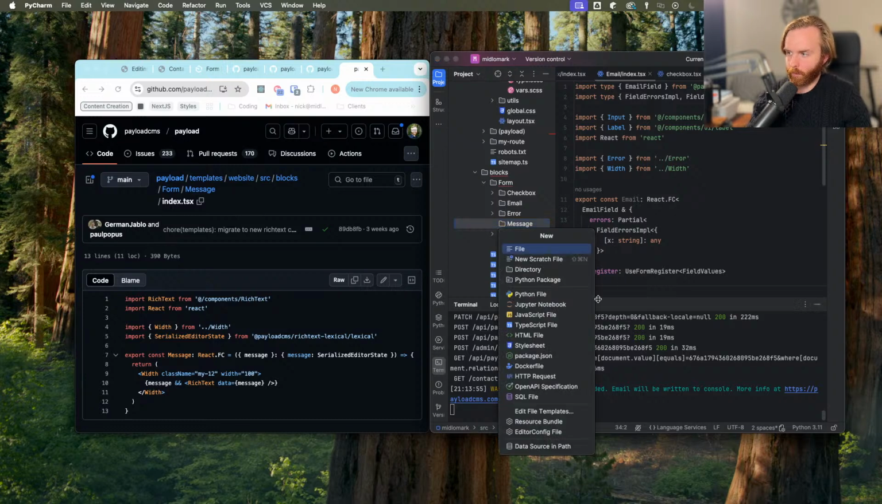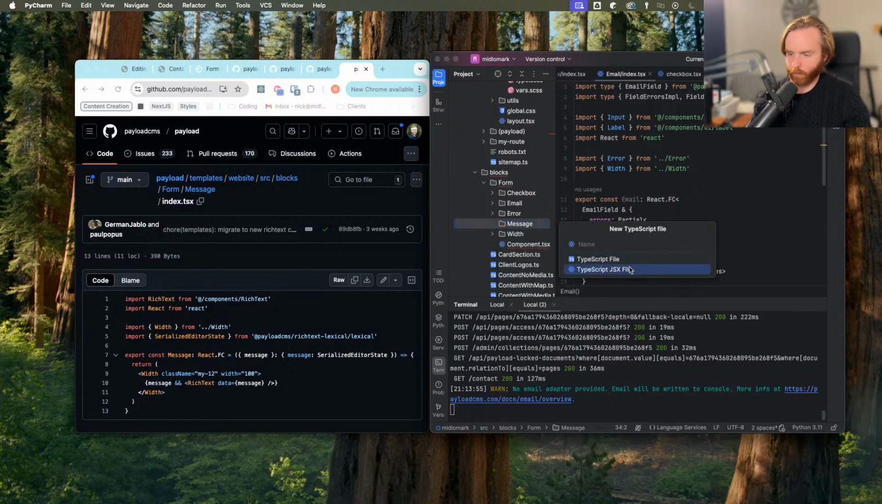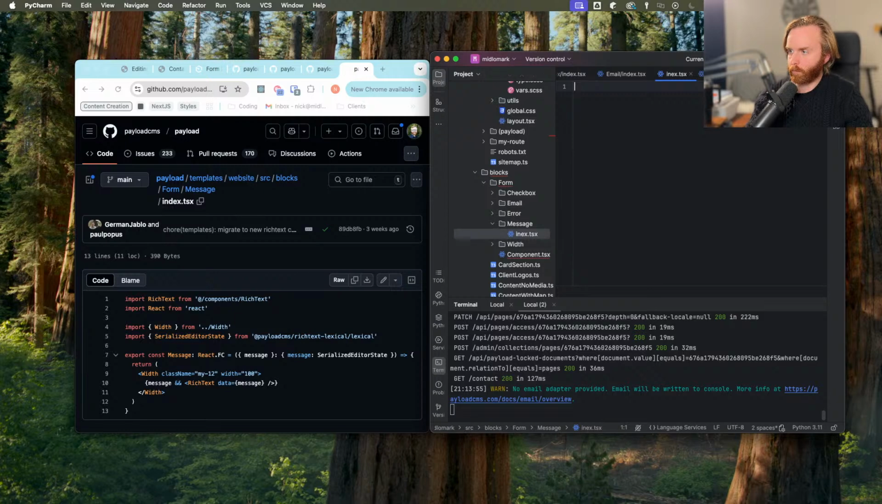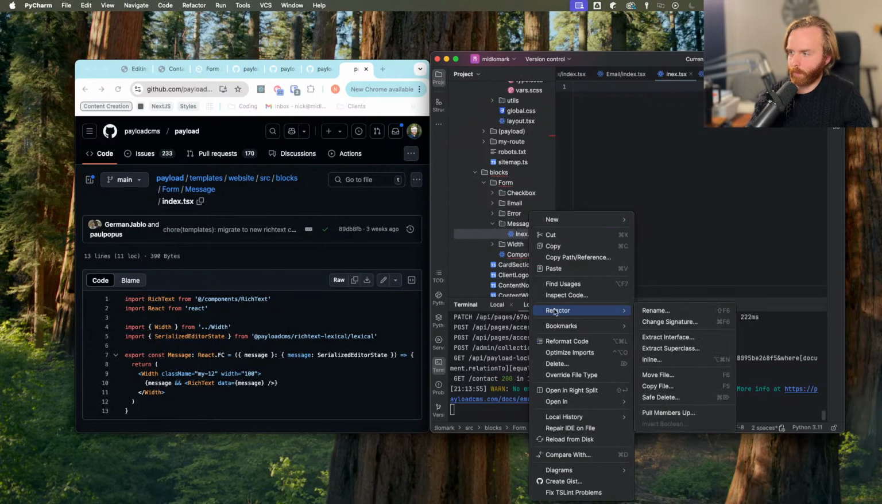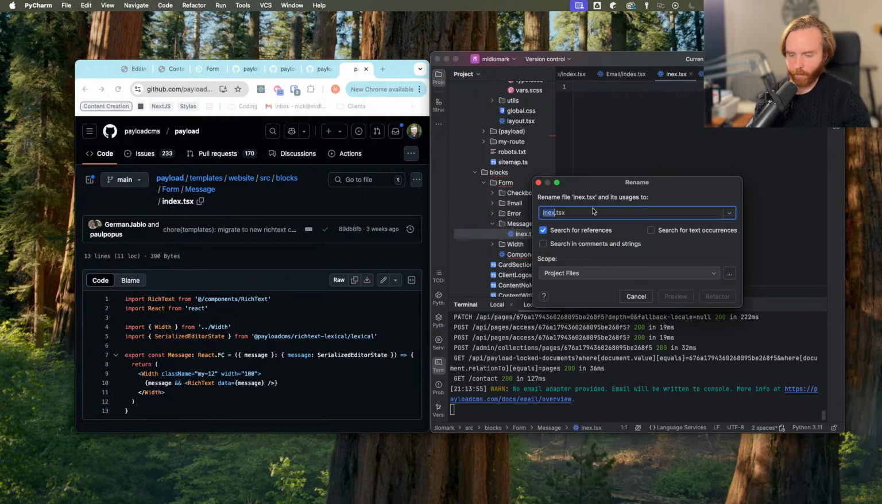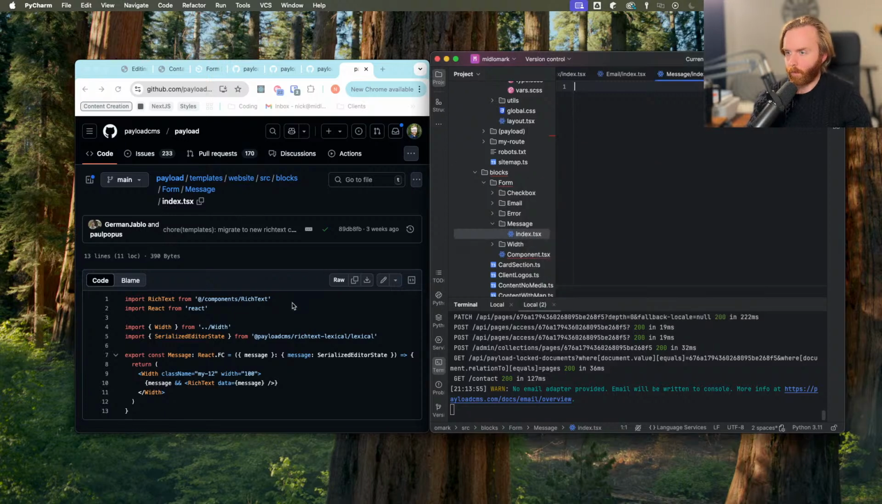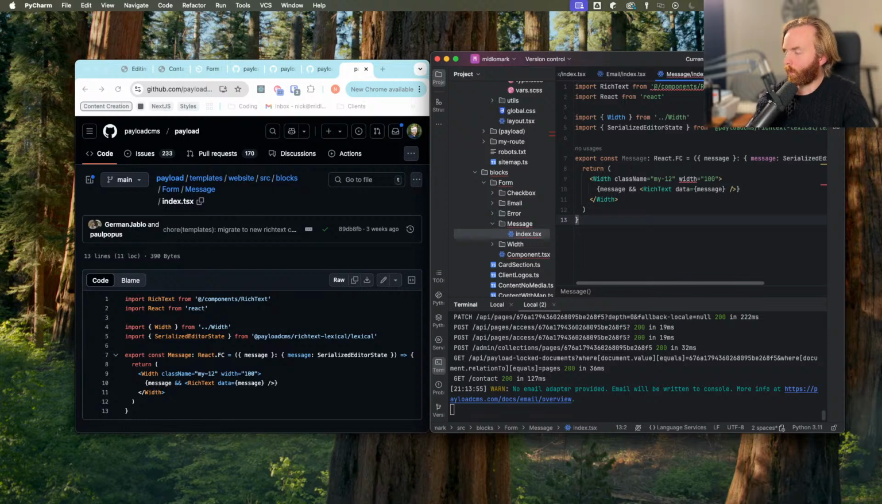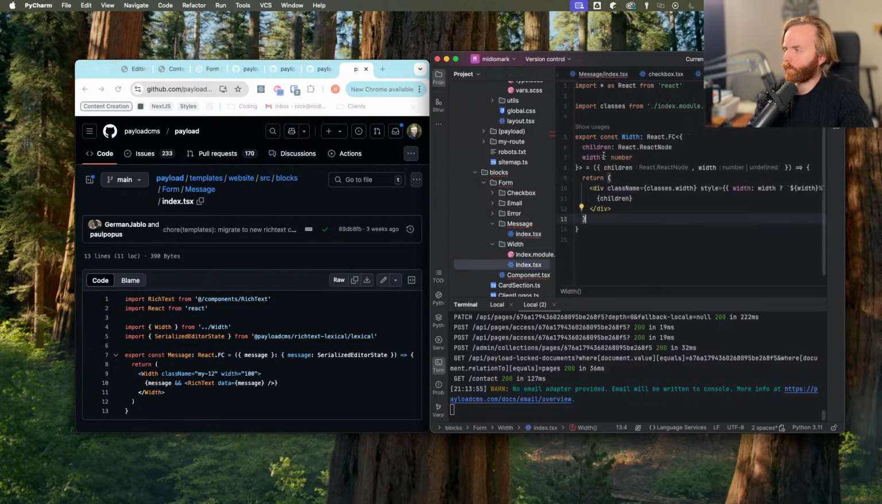Do a new TypeScript file. We're going to do index. Ooh, I cannot spell today. Refresh, rename index. And then copy this message. Now, they have a different rich text component than I do. And then for some reason, the width doesn't have